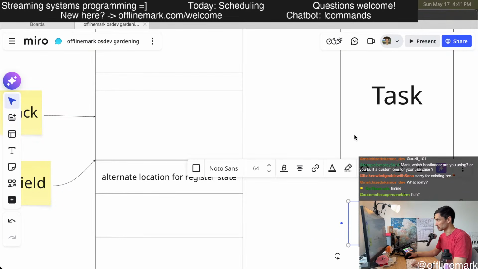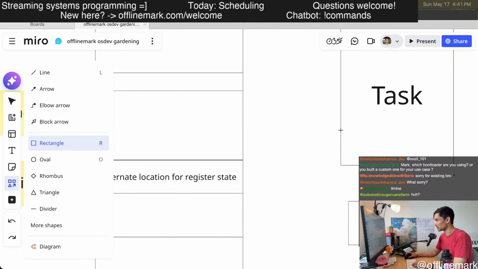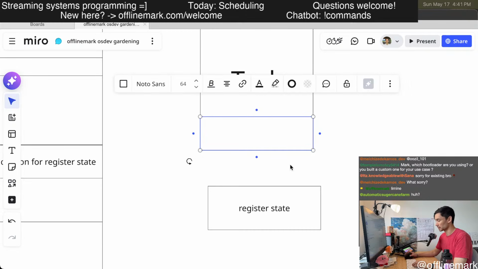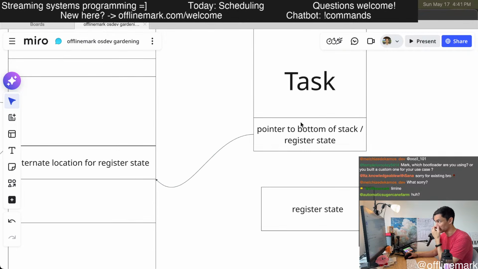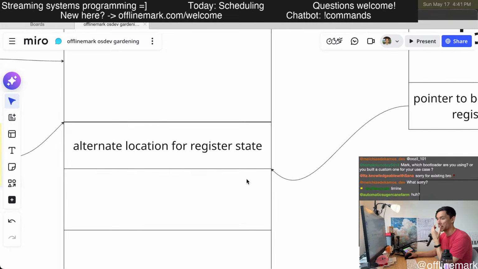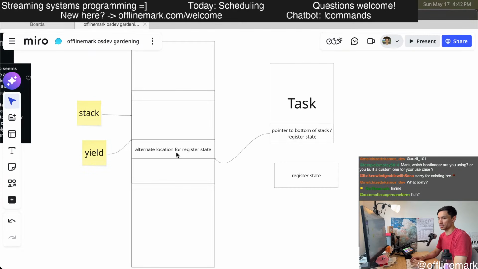What we would actually store is a pointer to bottom of stack / register state. And so in the task, we would store a pointer right here, the pointer to this thing. And doing it this way is going to allow us to simplify the assembly routine for restoring a task. So that's the idea, and let's start sketching it out.